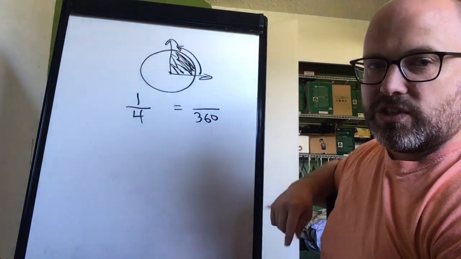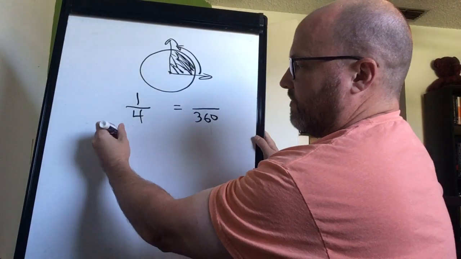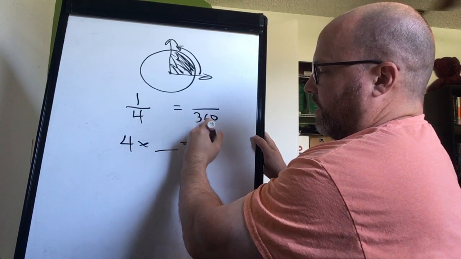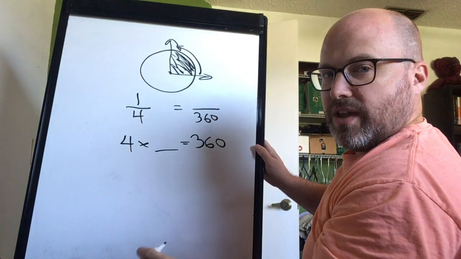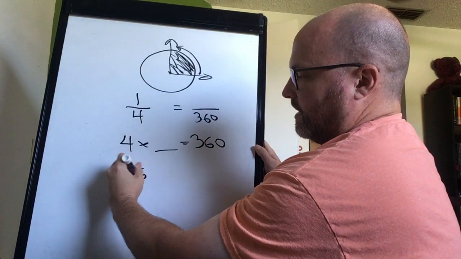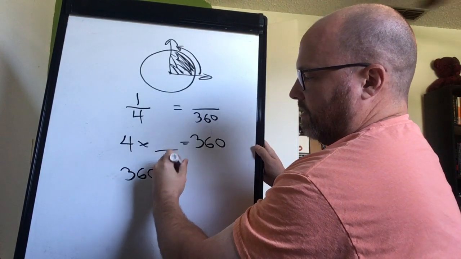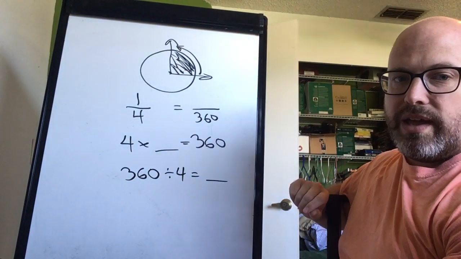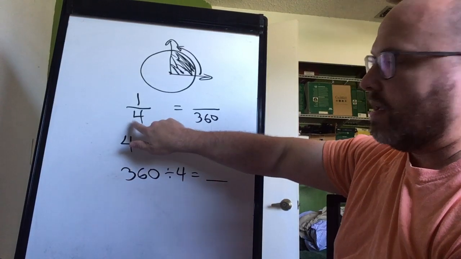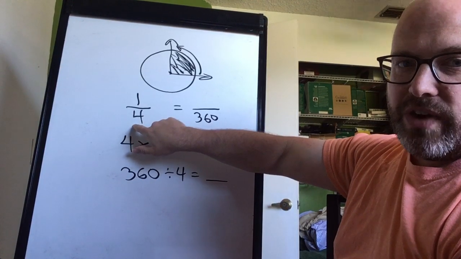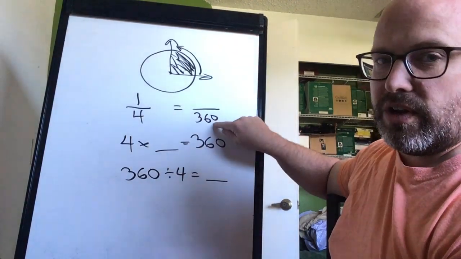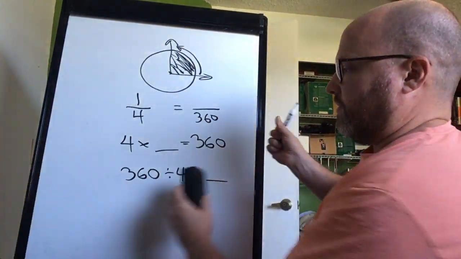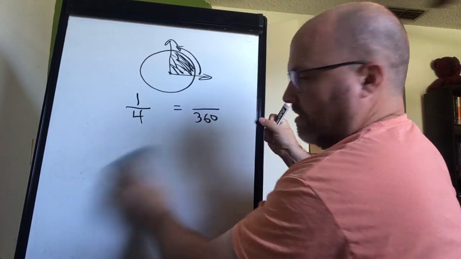A shortcut to this, or an accurate way of doing this, is if you say 4 times something equals 360, you can turn that around and say, well, 360 divided by 4 then must equal that blank. So I'm going to take the denominator of the first fraction and divide 360 by that number. Okay? So if you remember back to the beginning of the year,